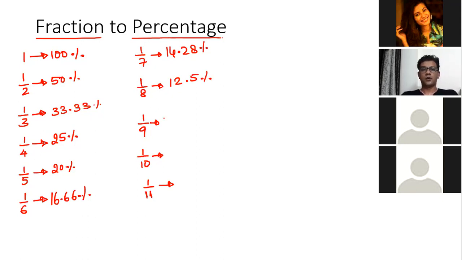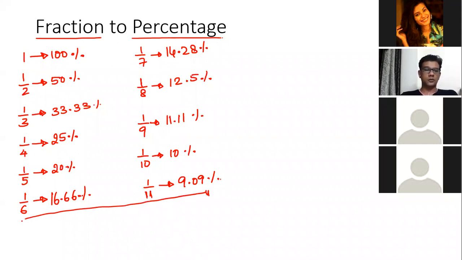Okay. What's 1 by 9? Right, guys. 11.11 percentage. What's 1 by 10? 10%. That's something that everyone should be knowing. What's 1 by 11? 9.09%. Great. Okay. So these values are something that's important for us to know, because there are many problems on